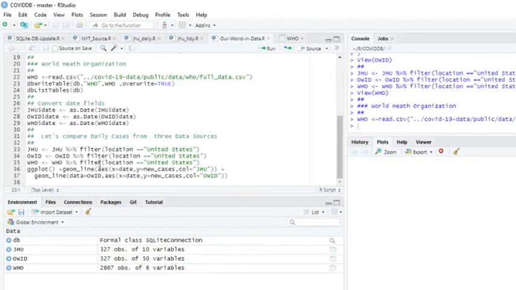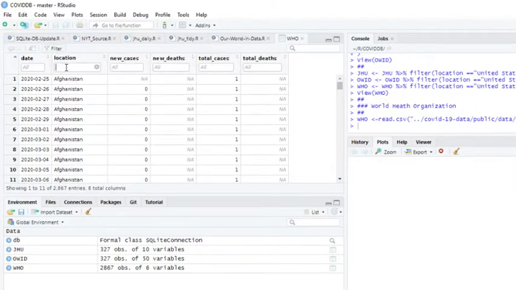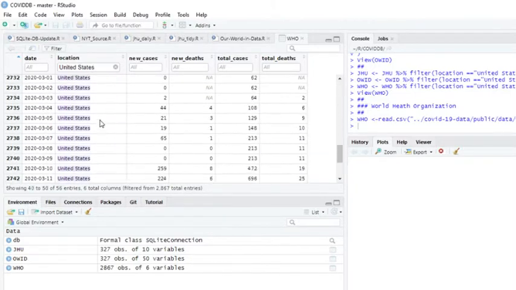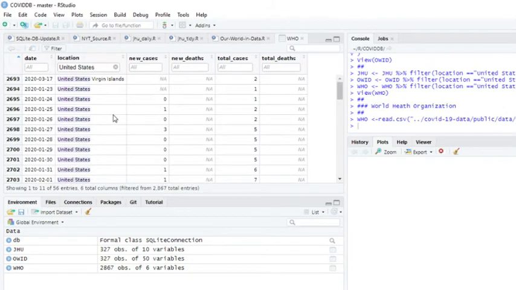So why isn't this working? Filter location, United States. I'm guessing the WHO's numbers aren't complete then.